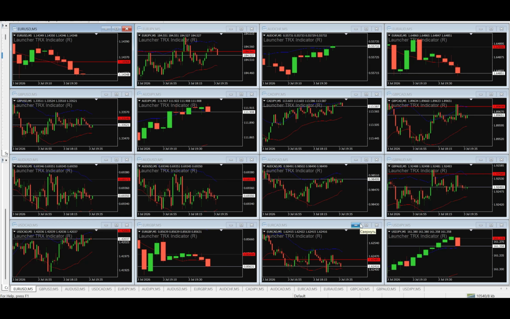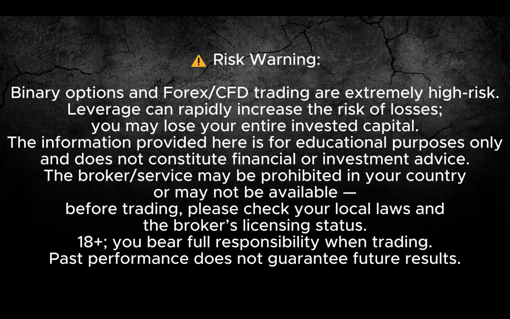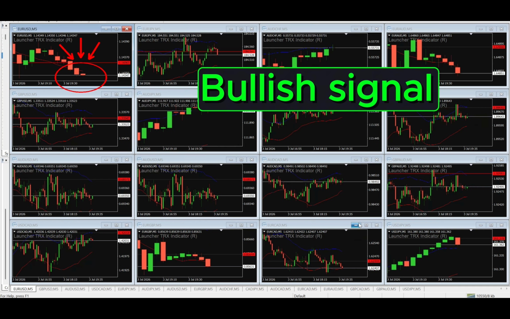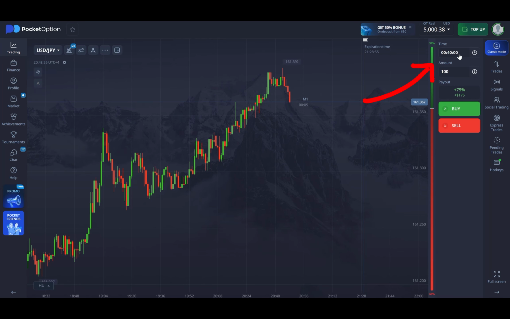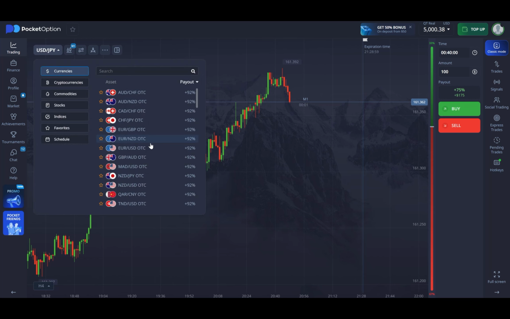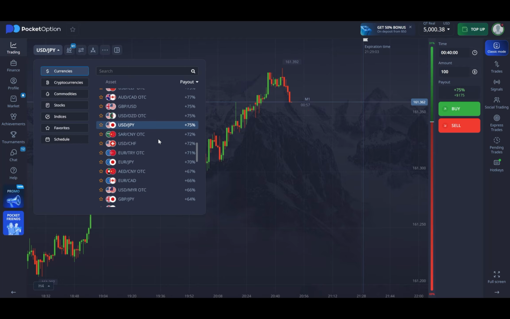Now I'll show you how this trading strategy works in practice. Today we're trading with the Pocket Ocean broker. The expiration time is set for 40 minutes, the trade amount is set for $100, and let's probably start opening trades little by little. The first trade is on the euro dollar,